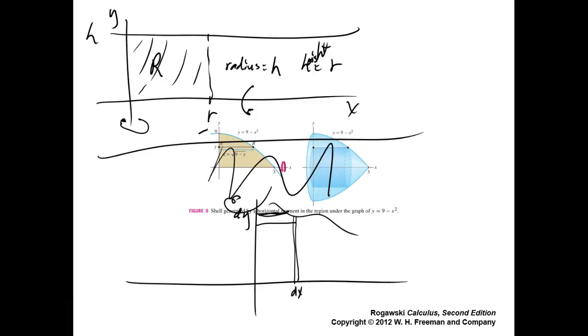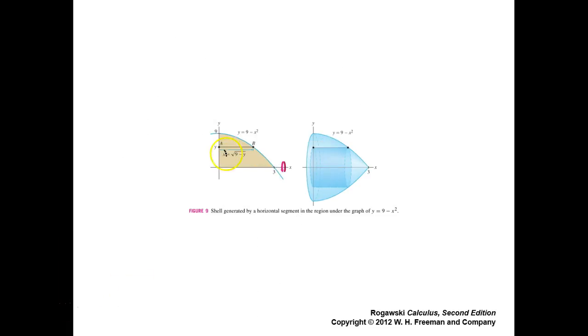Number 3. Only have 3 on this set. Let me erase all that ink. I'll put some of that back. Number 3. If we rotate the region under the curve y equals 8 between x equals 2 and x equals 3 about the x-axis, what answer should the shell method give us? Rather strange. So let's draw this. Rotate the region under the curve y equals 8. There's a constant function there. Between x equals 2 and x equals 3 about the